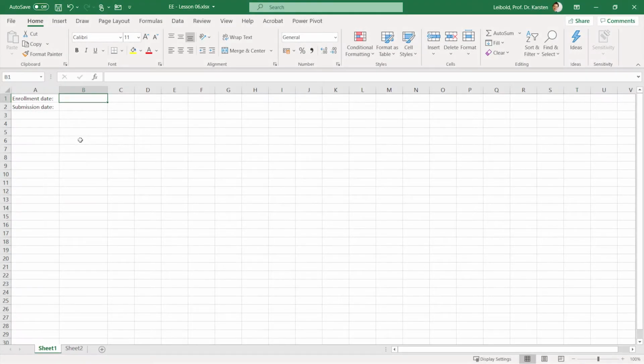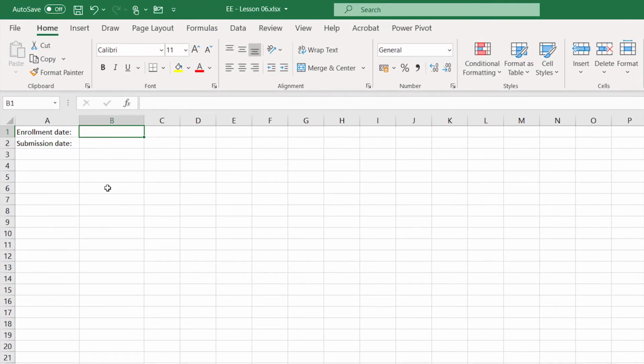Let's assume that a student has registered for a term paper on the 19th of March 2020 and now has 90 days to complete the paper. With the help of Excel, we can easily calculate the submission date. We enter the registration date in cell B1. To show you that Excel actually saves dates as numbers internally, we don't enter the 19th of March 2020 as a physical date directly, but